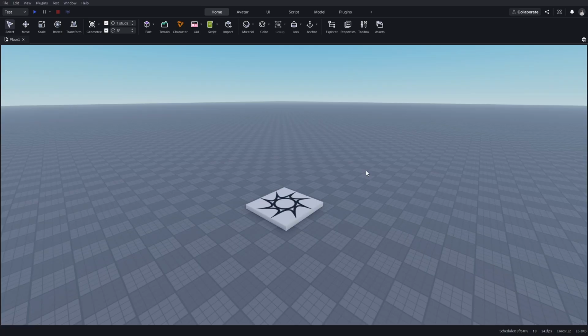Now, you might be working on something that requires some currency stats. Maybe you want to join into a game, be able to earn some money, and then use that money to buy different goods inside your game. Well, today I'm going to be showing you how to do that. It's a very easy, simple thing to do, and I'm going to explain everything that you need to know about